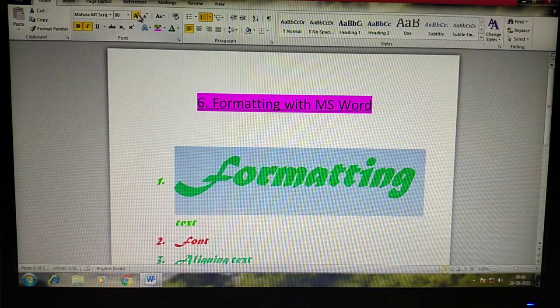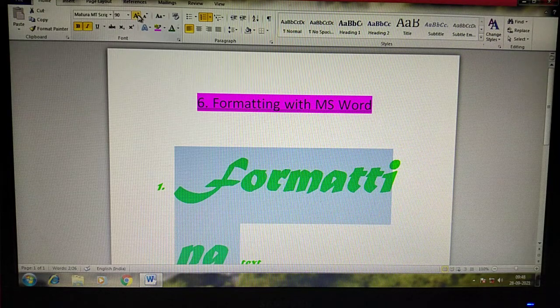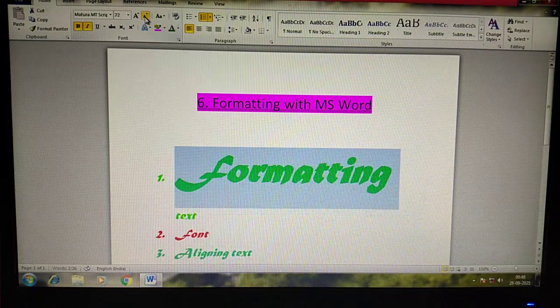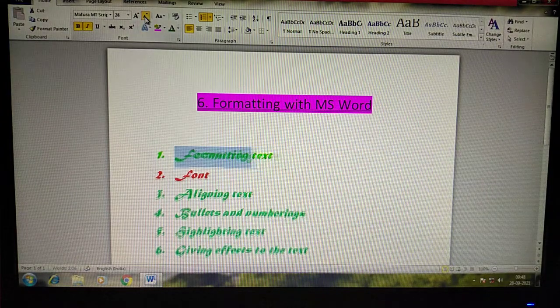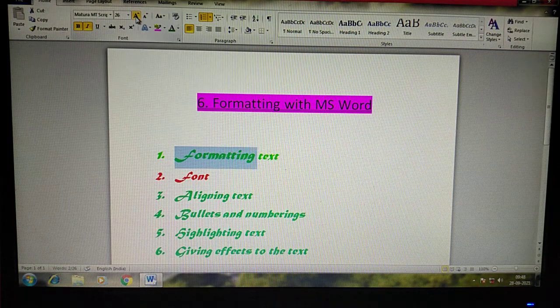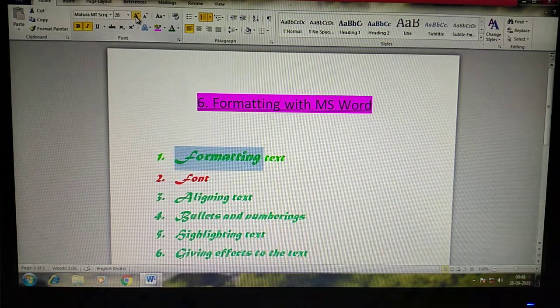By clicking on that, we can make our text bigger. If you want to shrink it, just next to that, click on shrink font. See, can you see the changes? Yes, we can make it big or small. These are the effects of MS Word.